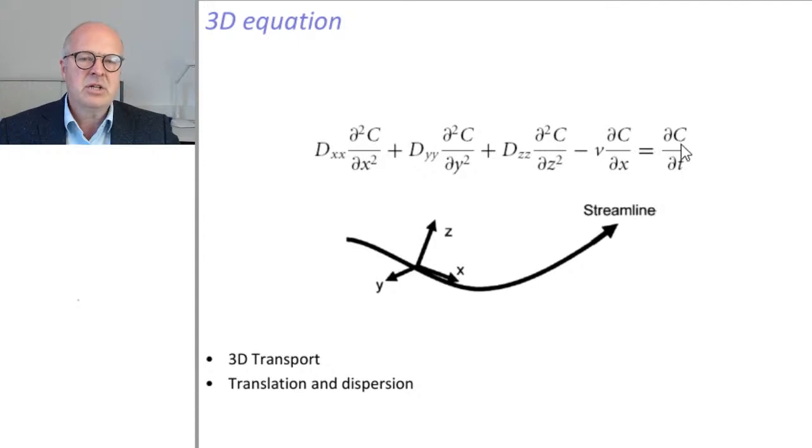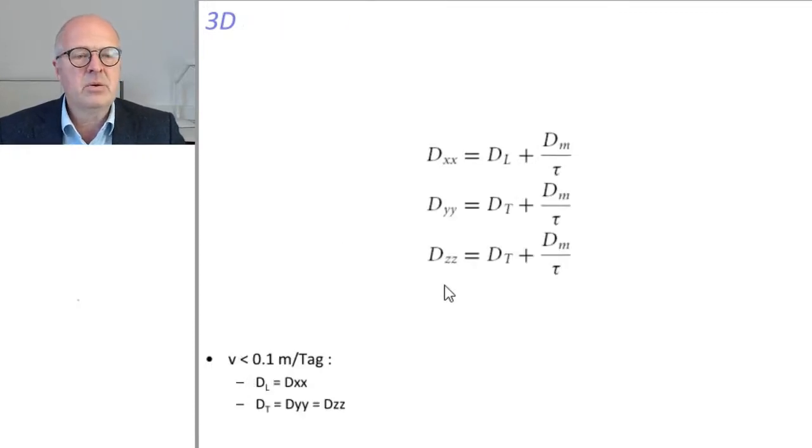So we can say that the change of concentration over time equals the dispersion in x direction, dispersion in y direction, and dispersion in z direction, in addition to the longitudinal transport in the x direction. And again, we see this here. This is our transport streamline, and this is how it spreads. Now this is still a differential equation. Now we need to somehow try to simplify this a little bit,